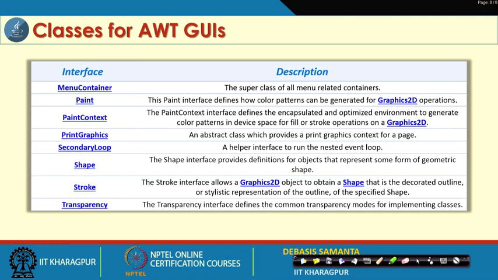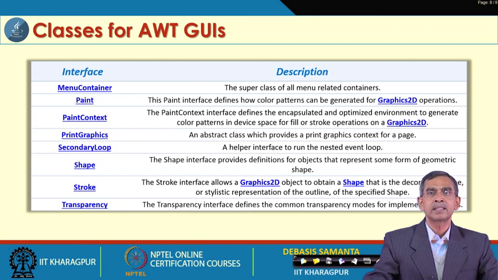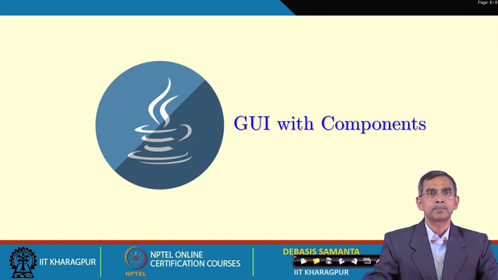So there are many classes and interfaces. If you want to use AWT, obviously you need some understanding of all these classes and interfaces and the methods in them. As it is very exhaustive and elaborate, it is not feasible to discuss each and every class one by one with their methods, but in my slides I will include all the classes, interfaces, and methods, so that you have a ready reference. However, if you want to learn it, you definitely have to consult the other sources which I already gave in my first introduction lectures.